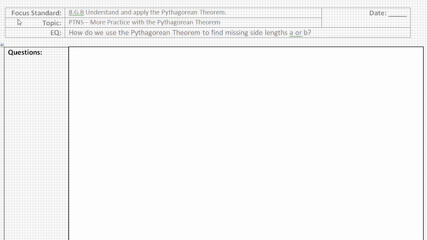For this lesson, our focus standard comes from Grade 8, Geometry, Standard B, Understand and Apply the Pythagorean Theorem. Our topic for this lesson comes from Pythagorean Theorem in the Number System, More Practice with the Pythagorean Theorem. Our essential question for today is, how do we use the Pythagorean Theorem to find missing side lengths, A or